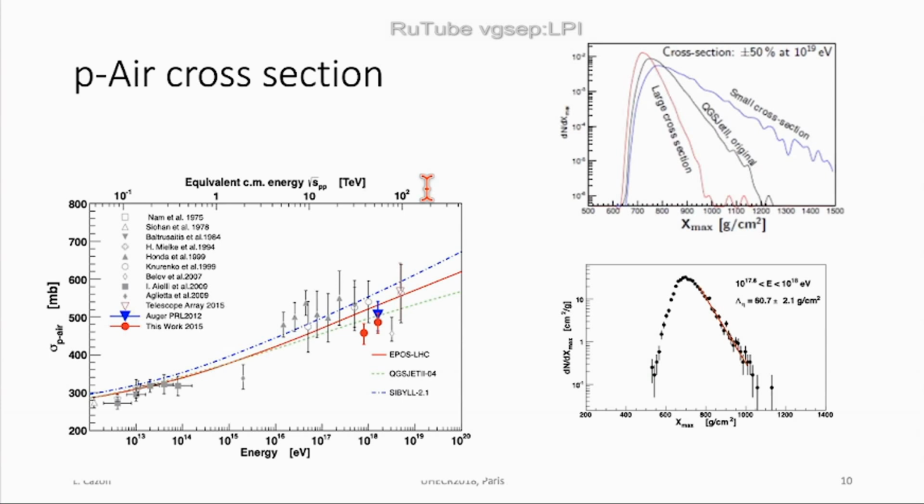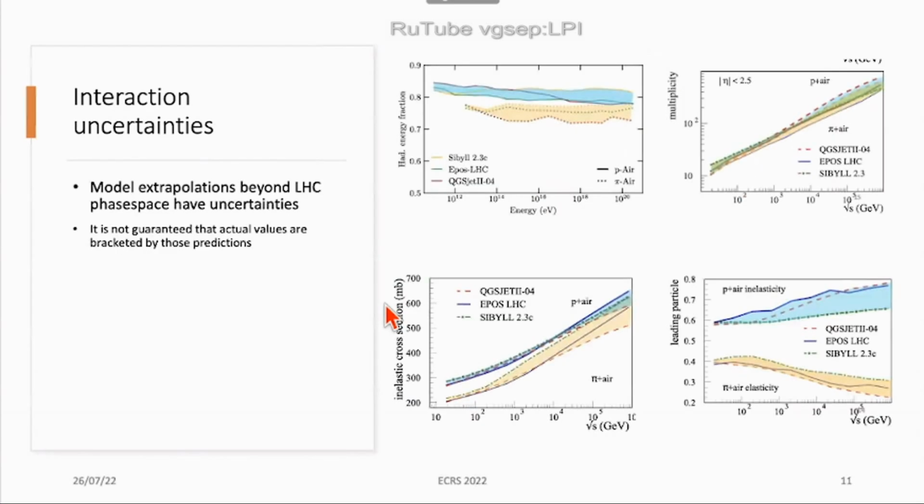One of the direct measurements, and this is related to the previous transparency because they basically used the same function to modify the cross section, is the proton-air cross section, which can be done with air showers. By moving the cross section in a smooth way, you change the deep tail of the Xmax distribution, and by making an inverse map, we can reconstruct it. So we can compare with actual observations, which are here, and obtain the actual cross section, which is shown here for different cosmic ray experiments. We see that it agrees more or less well with the expectations from different hadronic models. This was a quick